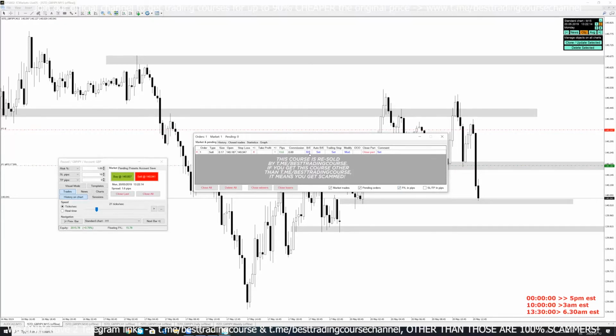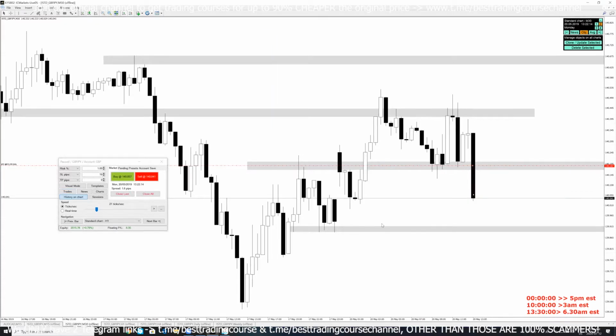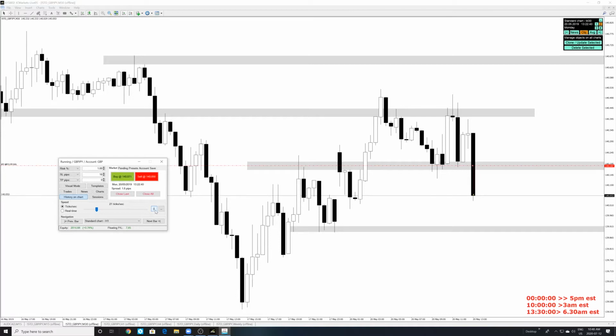So I may want to put stops at break even right over here and maybe close partial positions right here and let the rest run. I'm closing partial positions because it's coming down to this support area where we don't know if it's going to bounce or what. See this area on a 30-minute? This is why I'm closing partial positions.